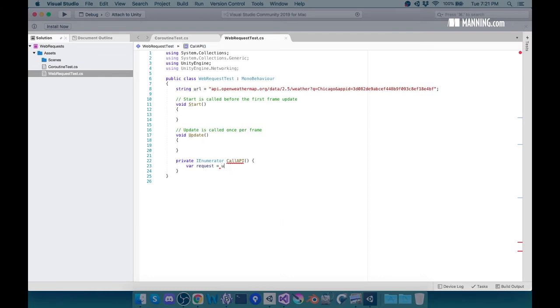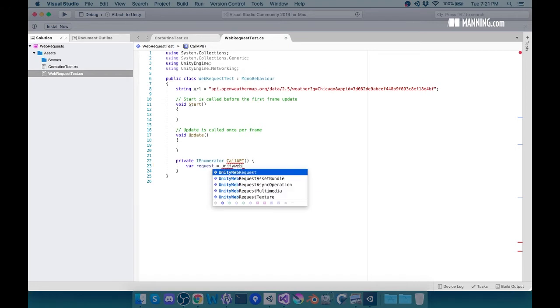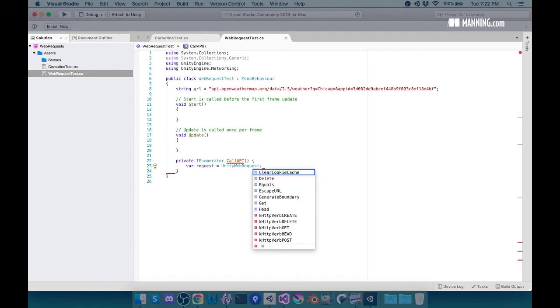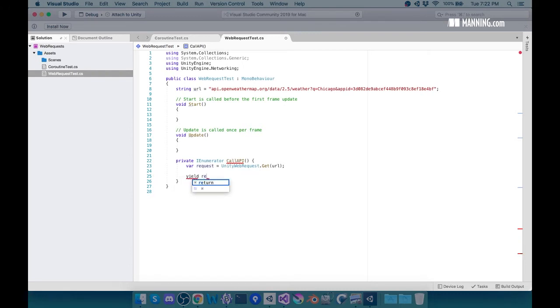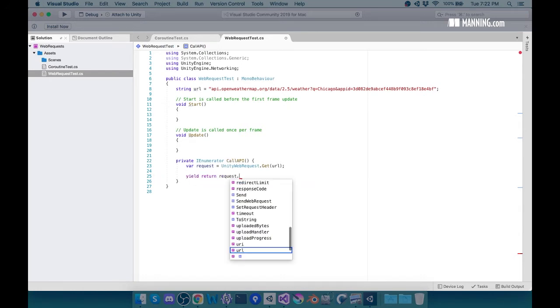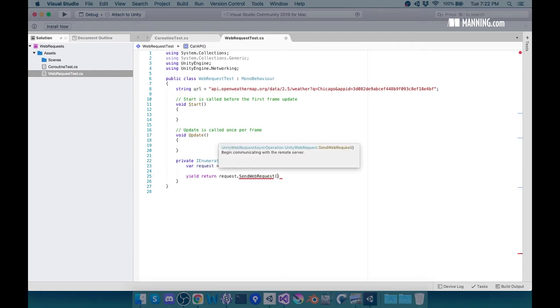So anyway, now that I've done that, I can do UnityWebRequest. There we go. And I'm going to do Get, URL. All right. Now, if I yield on the request send, so there's actually a just request.Send method, but you'll notice it's marked as deprecated. So we're not going to use that one. So we use the request.SendWebRequest, and now in this case, then